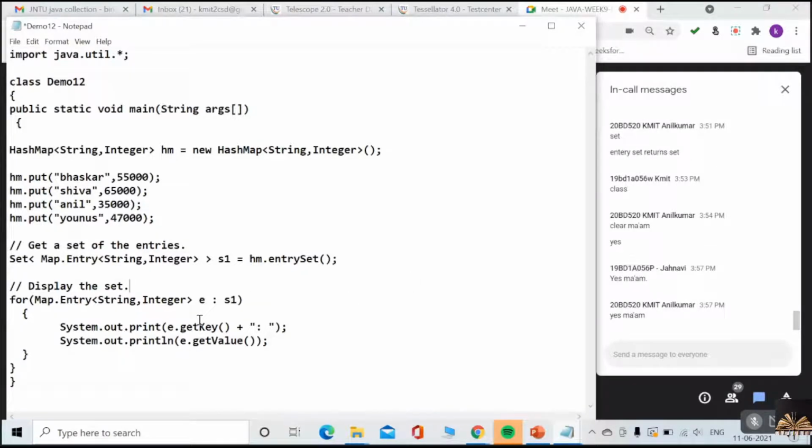Very good. Now, this entry has the methods get key and get value. On this entry, I can call the get key method, and I can even call the get value method. Get key method will give you the key of your element, and get value will return the value of your element. Okay, understood now? Right?